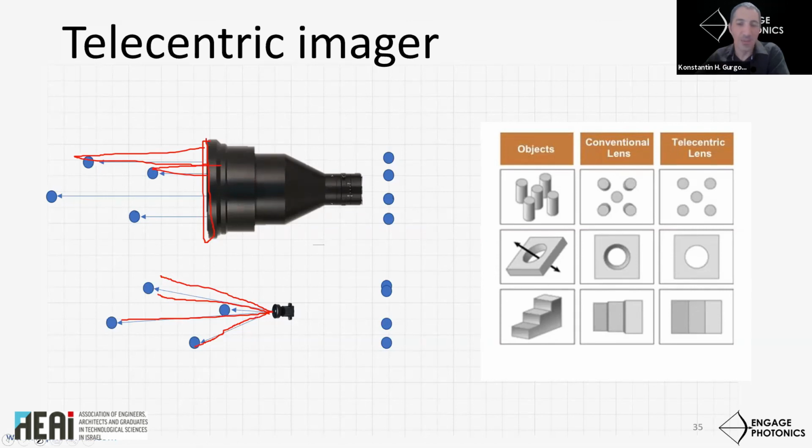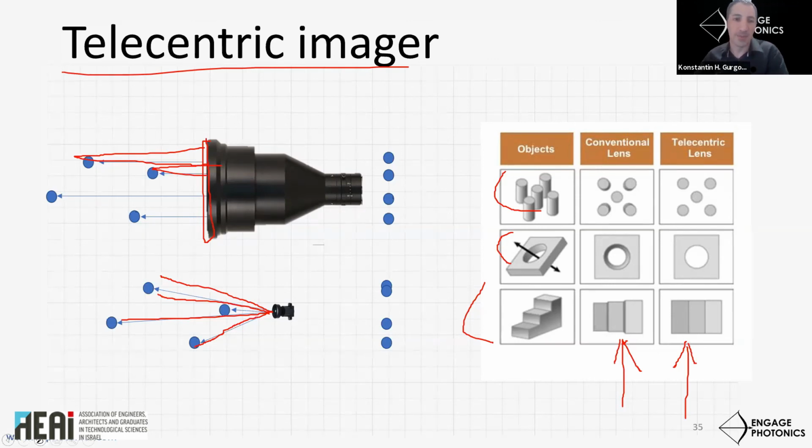And why do we need that? If you look at 3D objects with a traditional camera, you would see results like that. So if we want a metrologically precise camera which can measure quantities, but it would see nearby objects exactly the same size as objects that are further away, you need a camera like that, an object-based telecentric lens. And then it would see such objects in this way, as shown here. So this is the Telecentric Imager.